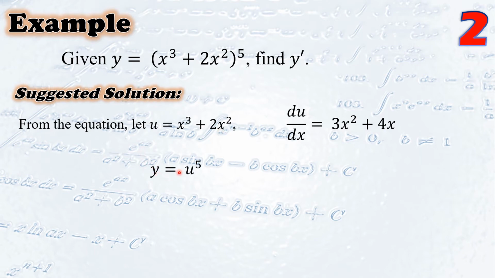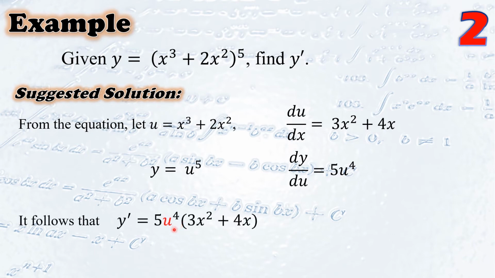Then y is equal to u raised to the 5th power, since x cubed plus 2x squared is equal to u. From here, we get the derivative of y with respect to u. Then we have 5 times u raised to 5 minus 1, and that is 5 times u raised to 4. So we have y prime equals the derivative of y with respect to u times the derivative of u with respect to x. It follows that y prime is equal to 5u raised to the 4th power times